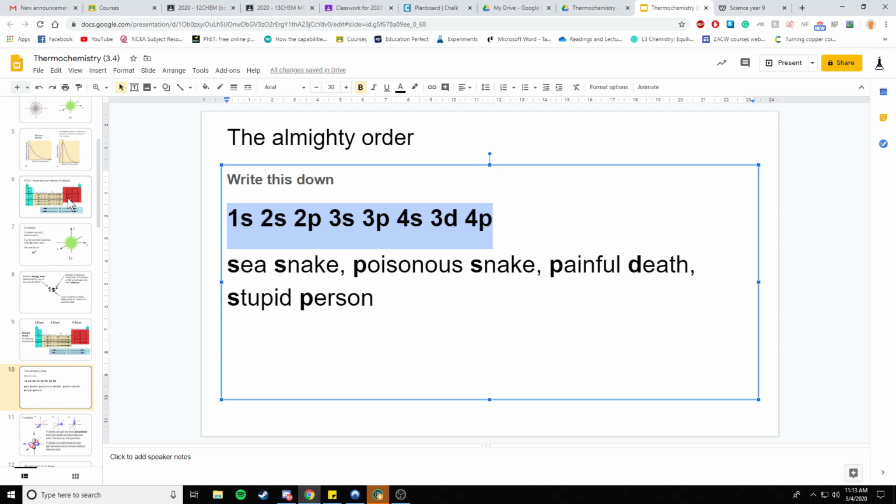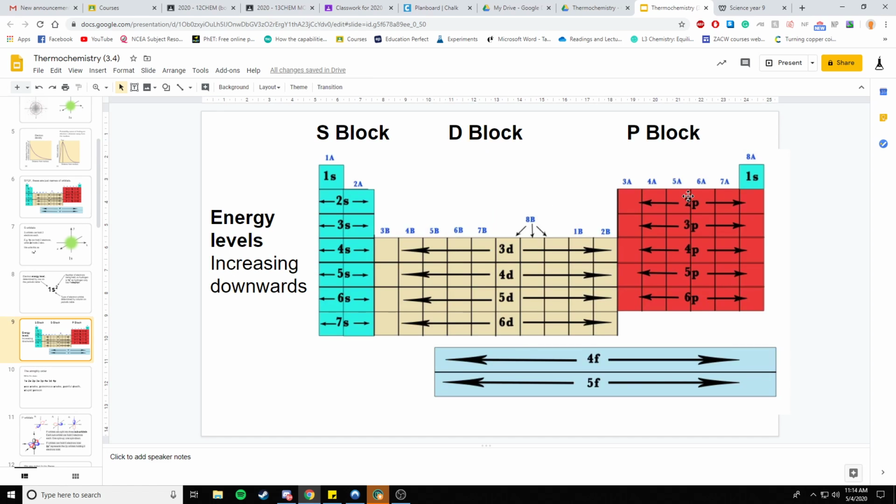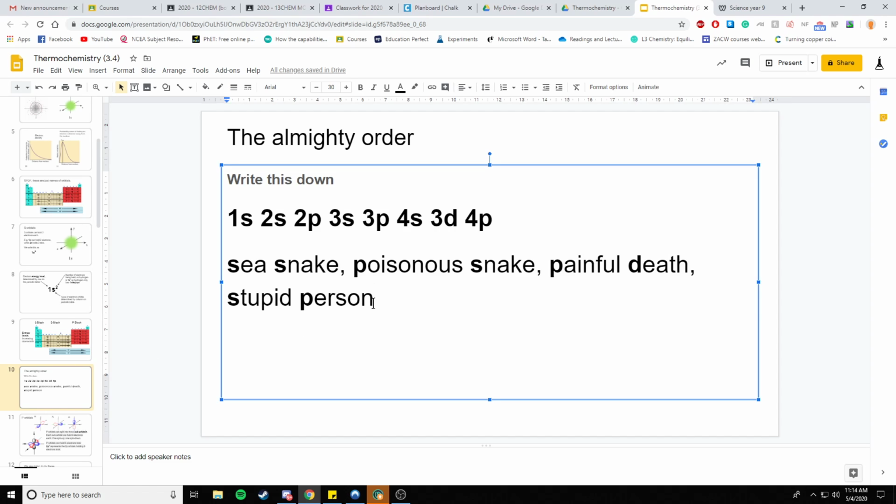Let's just do an example really quick. Okay? So let's take an element like carbon. Okay? Carbon is right here on the periodic table, being element number 6. So it's in the 2p block. But it's also got everything before the 2p block as well. So for example, carbon